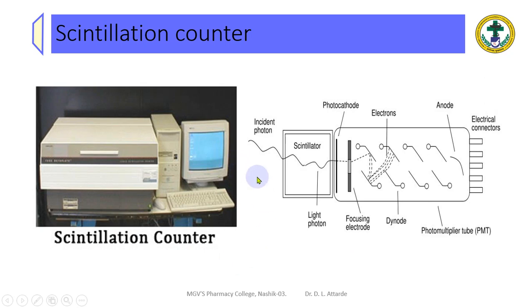So, in short, you have your material in contact with your scintillator fluid or gel or whatever it is. It gives rise to a flash of light in the form of photons. In the photomultiplier tube, this gets multiplied, because whatever tiny light comes out should be magnified, and then it is converted to the electric signal which you can directly connect with the concentration. So, this is the second detector.